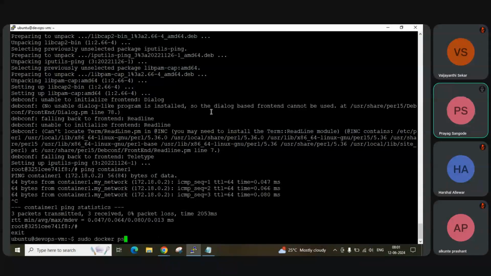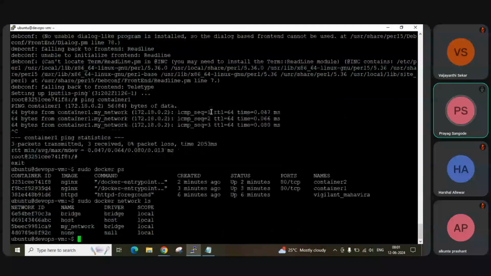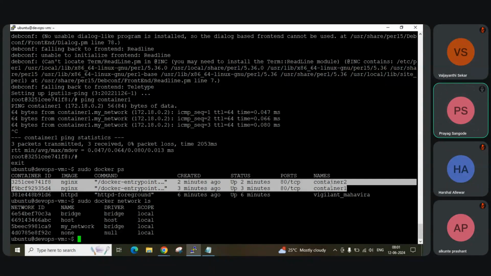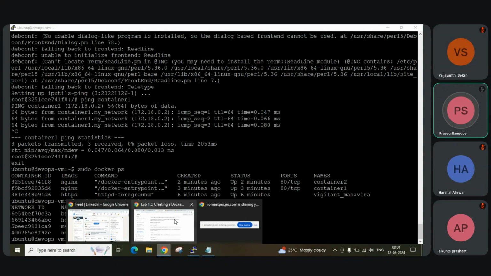Where it is useful, if we do docker ps and docker network ls: if you want to test something in a separate network, then we can use this approach. We created a separate network, my network, and all the containers will be in that network. If we create one more, my network 2, it will again have a kind of virtual private cloud, VPC kind of thing, so they will have their own virtual network in which they can work. So this is all about the